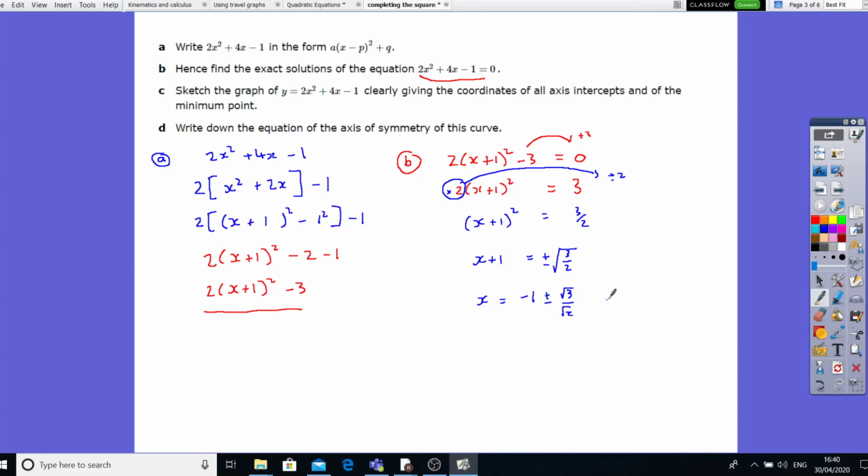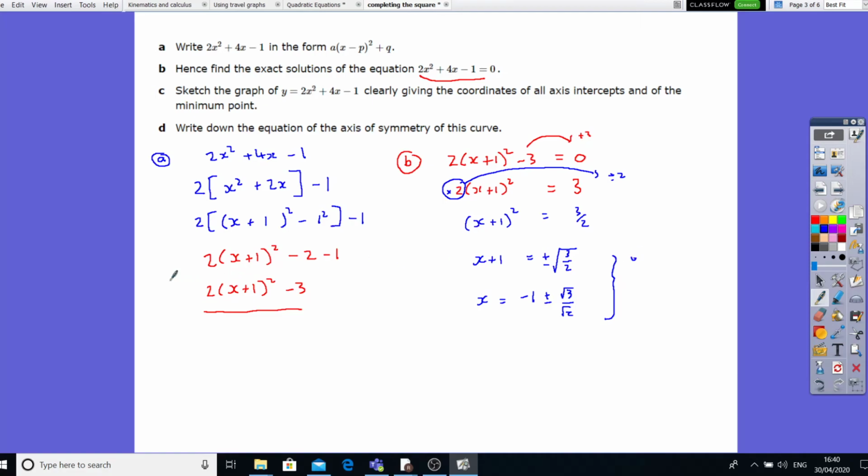Okay. Or yeah, we can just leave it like that. I'm trying to think if we need to rationalize the denominator. We could do, or just leave it like that. I'm quite happy to leave it like that. But what we're going to do is we're going to get 2 roots now. So this implies